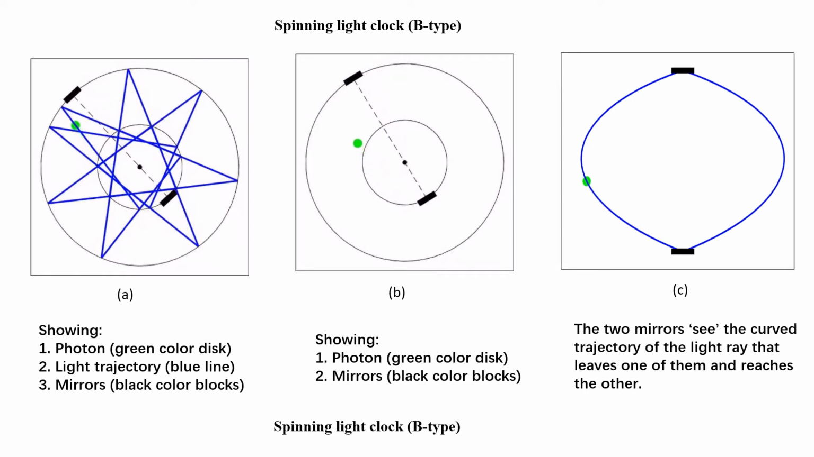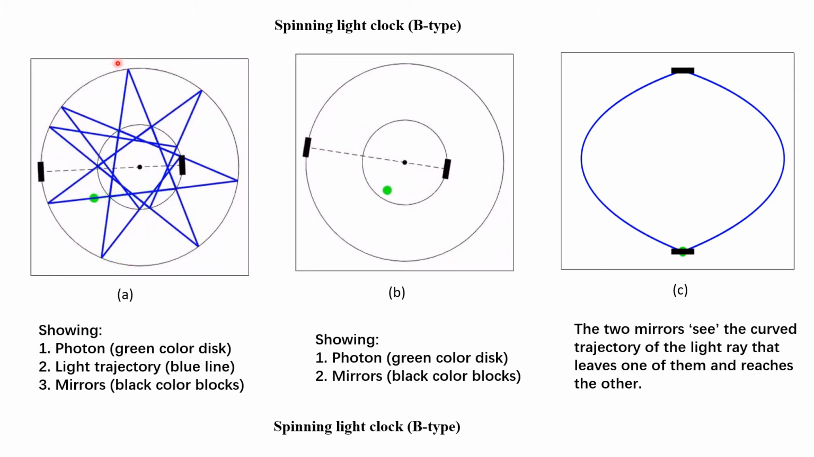This slide talks about another kind of spinning light clock. It is called a B-type spinning light clock. The two mirrors rotate around a common point, the center. The center is here, and the distances between the center and the two mirrors are not the same, they are different. So we can see here that one mirror moves along this circular trajectory, and the other mirror moves along